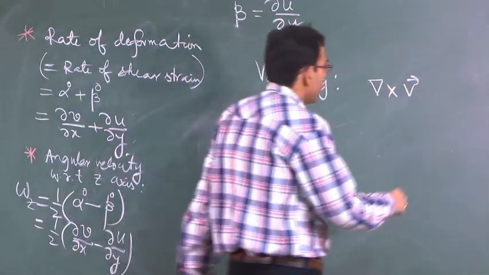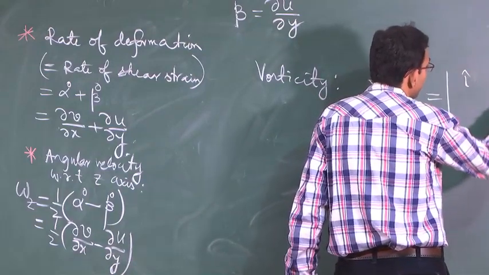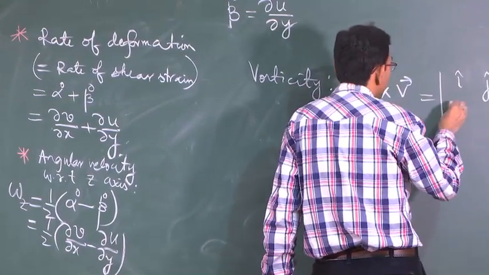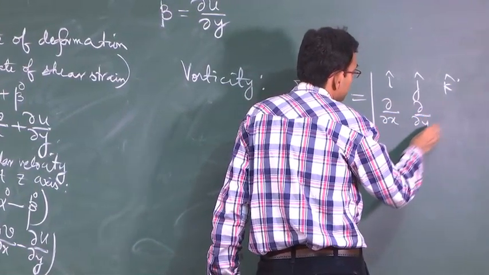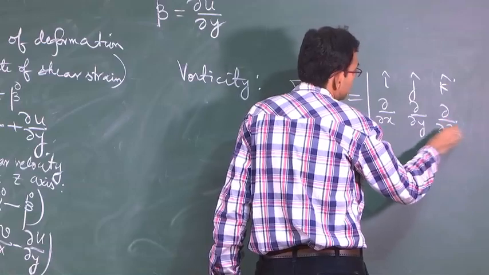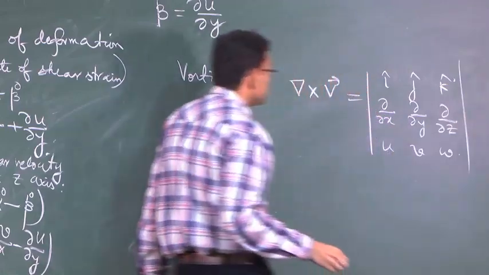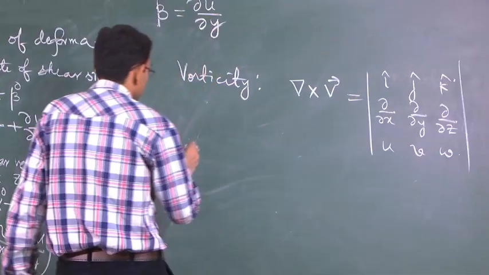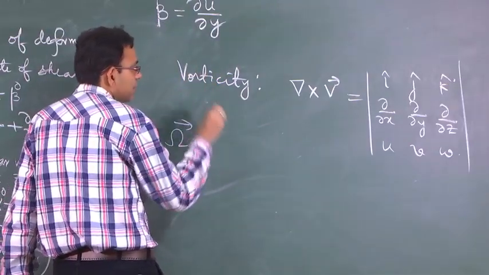So, in a determinant form, if you call the vorticity vector as capital omega,